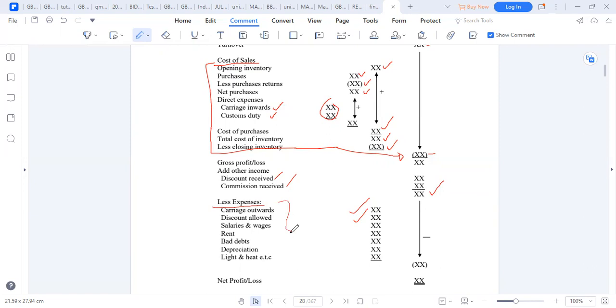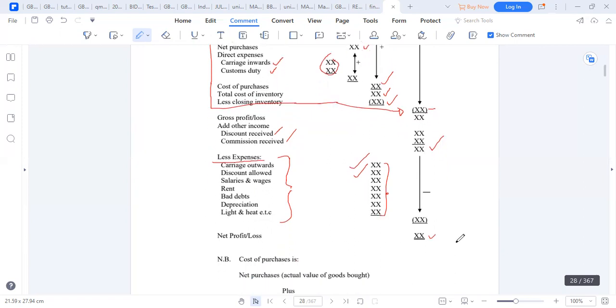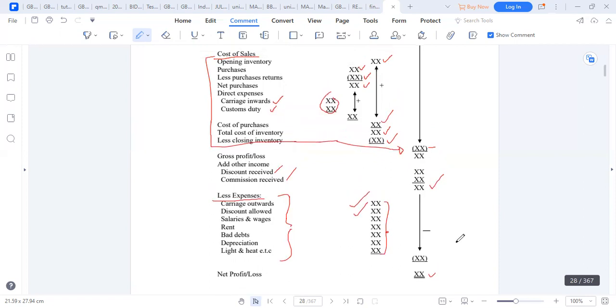So collectively, all these are called what? Revenue expenditure, not capital expenditure. So you don't put in a purchase of a vehicle here because that is not a revenue item or element. These are operational costs. So when you total them up, these are total expenses which you subtract from our total gross profit. So the difference between these two is what we call our net profit. Net profit will now take us to what we call the balance sheet. So we end here for today.